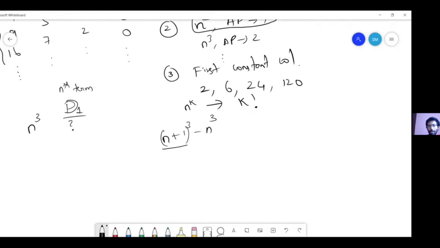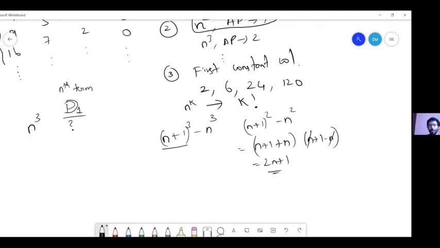Or we also saw that this is of the same form. If you just look at (n plus 1) whole squared minus n squared, we could either expand (n plus 1) whole square and then subtract n square, or we can use the a square minus b square factorization, which is nothing but (a plus b) into (a minus b). And here n and n get cancelled, and this is just 2n plus 1. We get it immediately using this a square minus b square term, right?